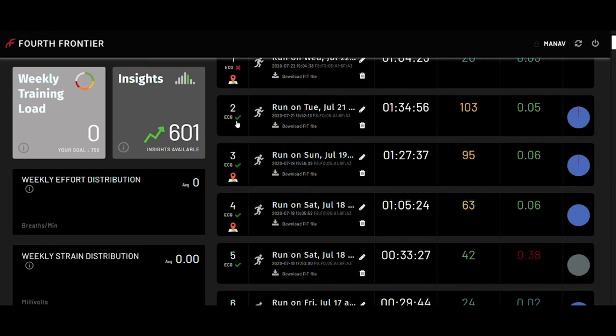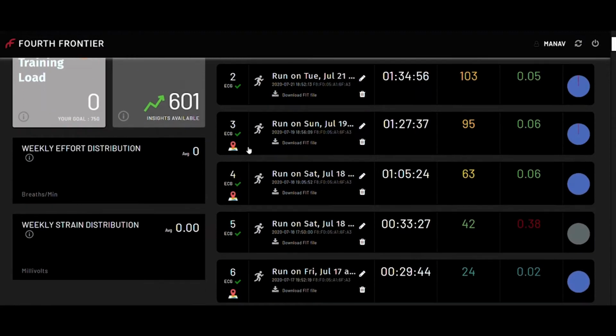So you will see this ECG tick mark if you have done sync data. And you will see a map icon if you ran with your phone while you did the recording. This dashboard also shows you the duration of each recording and the training load. That means the total exertion that your body experienced during the workout, as well as the maximum strain on your